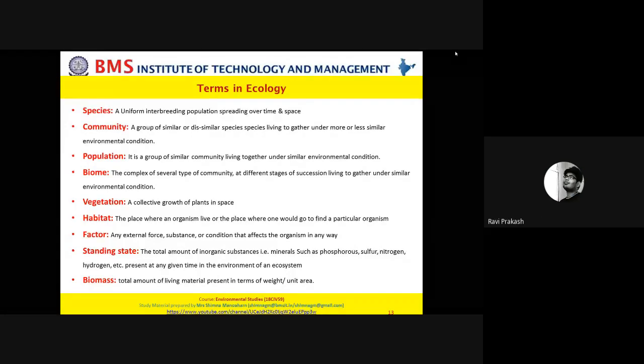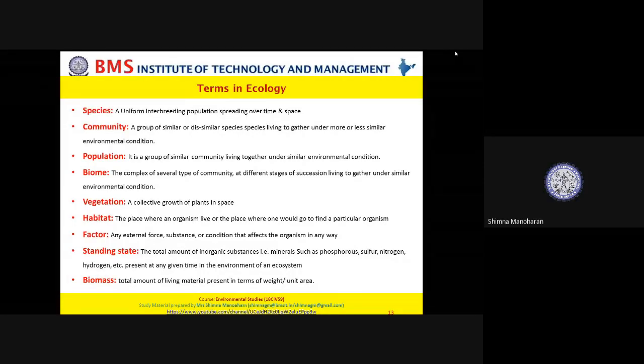Ma'am, can you explain a little bit more about biome? See, biome is nothing but, you have a community. If you take a marine community, there you have species, the consumers, the secondary consumers, or the primary consumers, existing together. So that forms a community, right? Species are different. You have fish as one species, and in that again you have several species. The plants along with the decomposers together form a community.